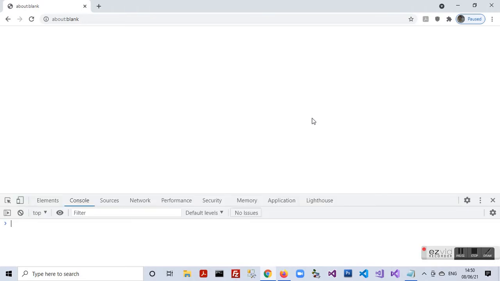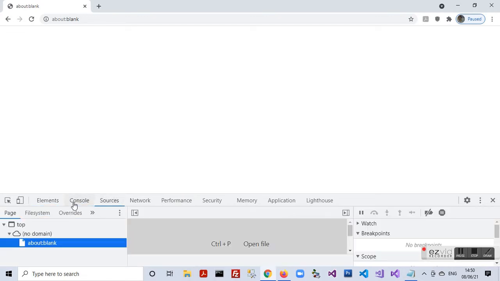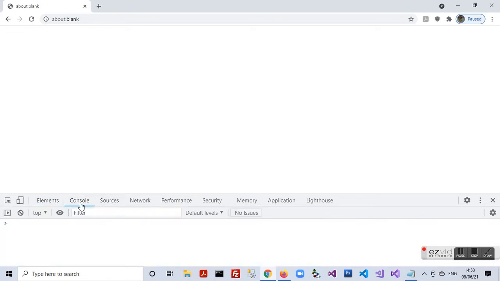We can see in the developer tools pane that there are different tabs: elements, console, network, and so on. We will work in the console tab, which is also called the JavaScript console. This console is used by developers to write, edit, and debug blocks of code. Debug means to find bugs, that is errors in the written code.